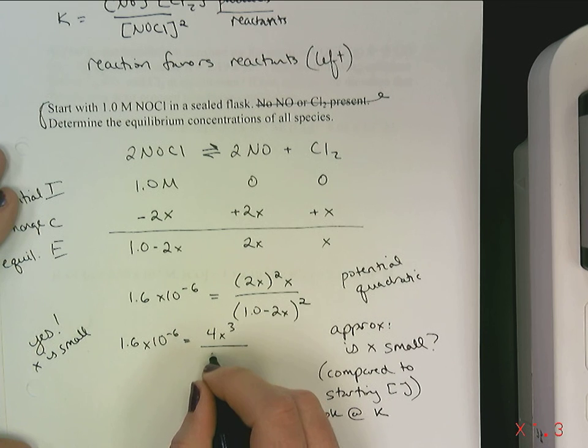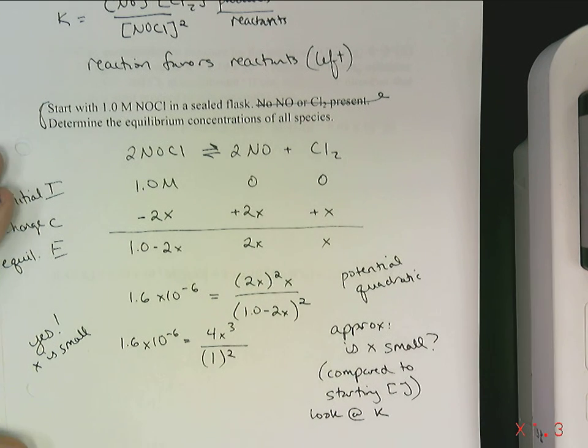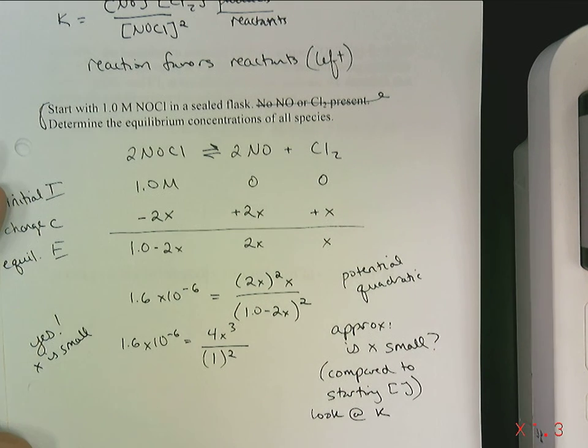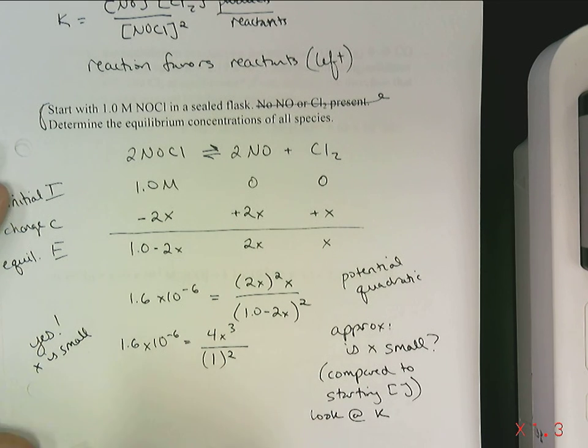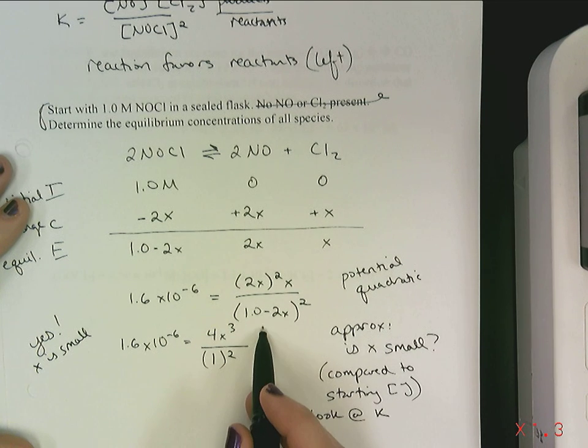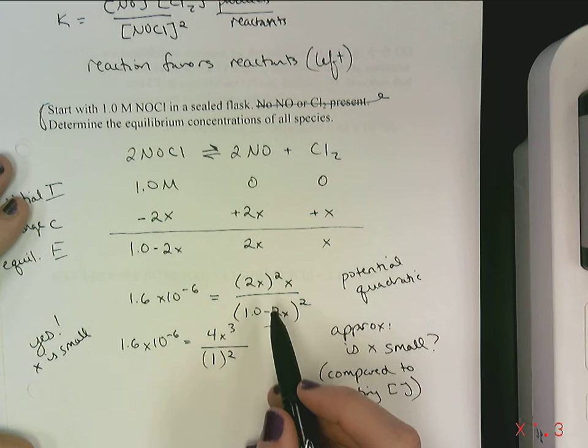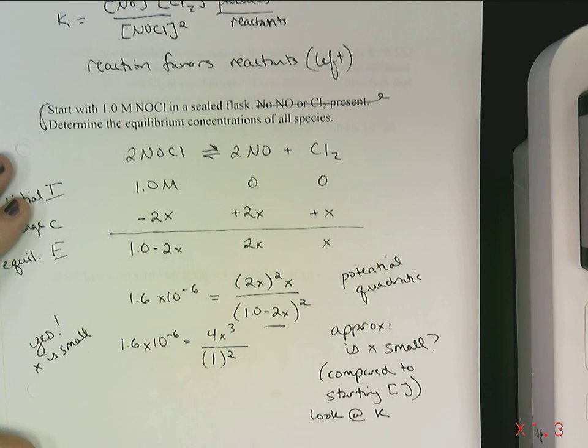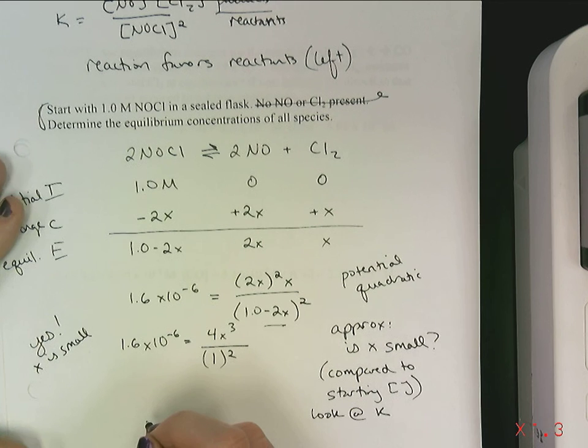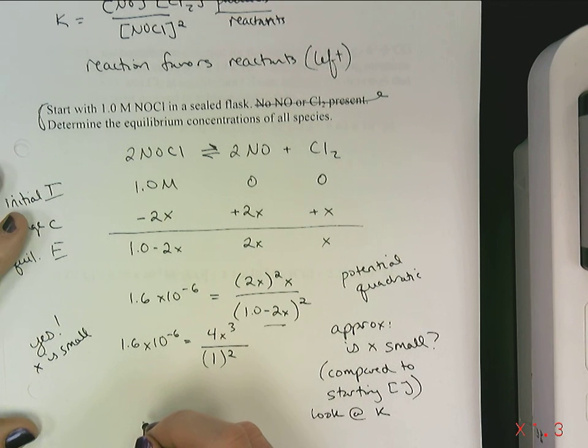But I'm going to say that essentially that 2x that I was going to subtract is so small that I don't care. Since x is small, I've omitted the subtracted term. You could also do that with an additive term if, for example, one of those appeared up there. And then I'm going to solve this equation, and I'm going to get, I think, x equals